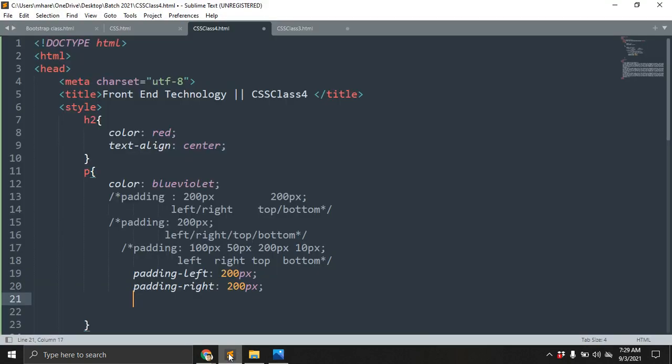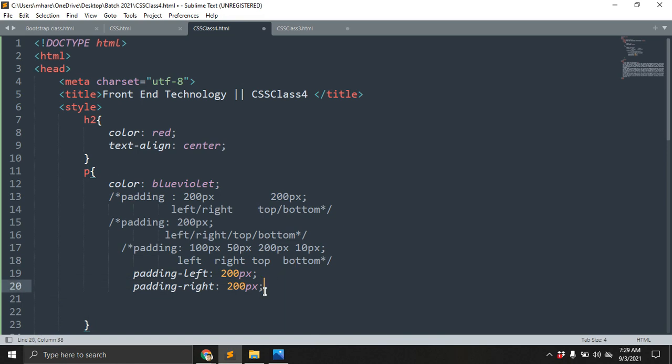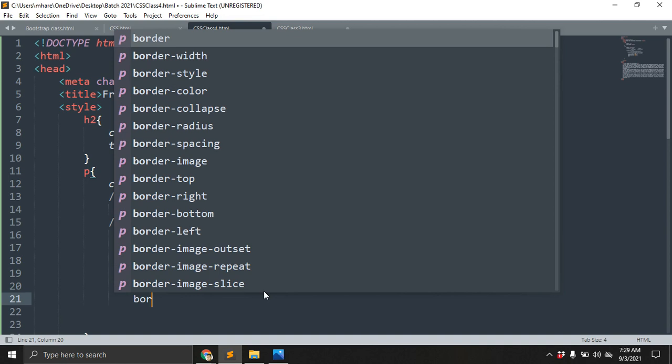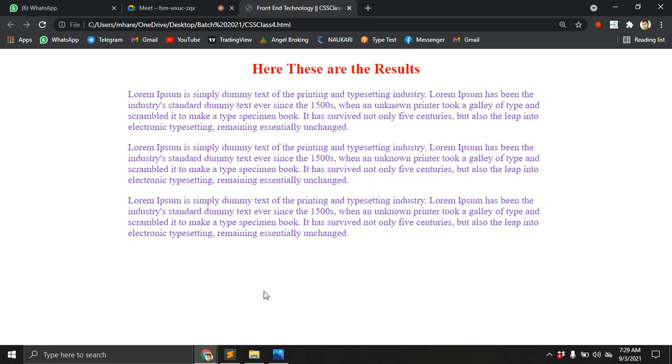I just want to give the border. Border is 5 pixels. Let's see, save, refresh.